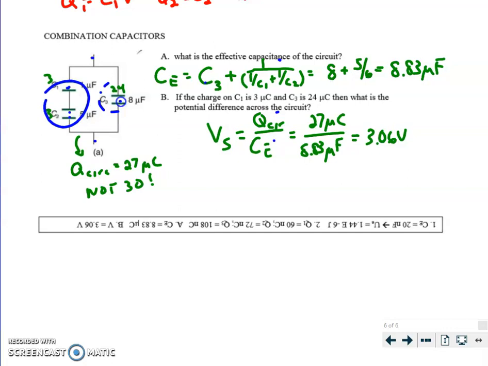So the trick is, I gave you individual charges. I labeled them here in green. So the mistake, if you got this far, is that if I've labeled 24, 3, and 3, you're tempted to say the overall charge in here is 30 microcoulombs. It is not. It's 24 here, and there's just 3 in this branch. Even though there's 3 individually, they don't add up to 6. So the charge in that branch is